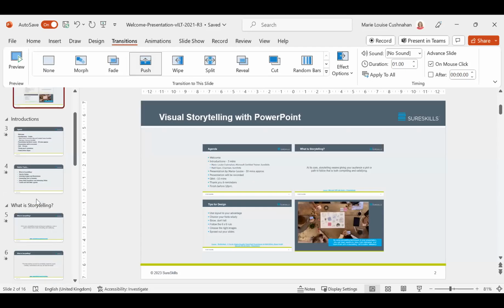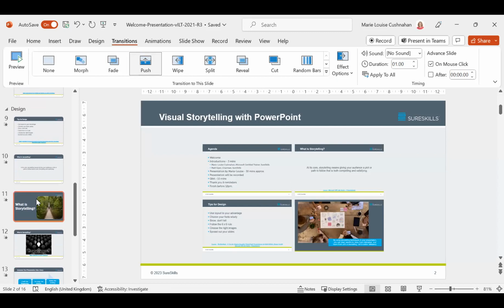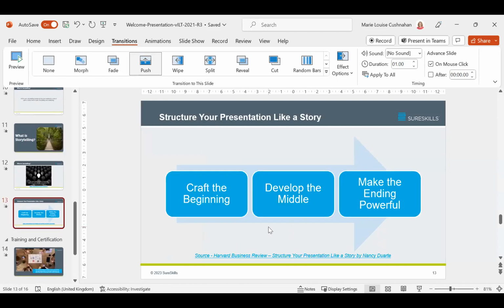And then, as I said earlier, I'll just go back to where we were, this one. Animation is the objects within the slide. So just that distinction between those two. So that's our